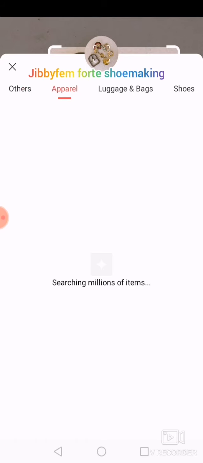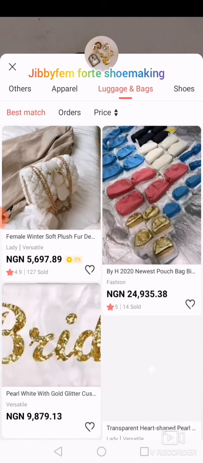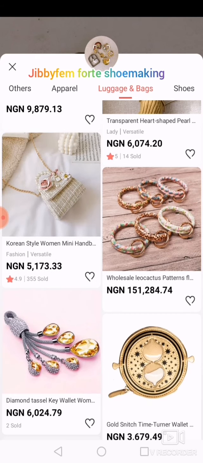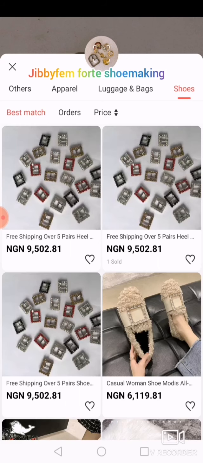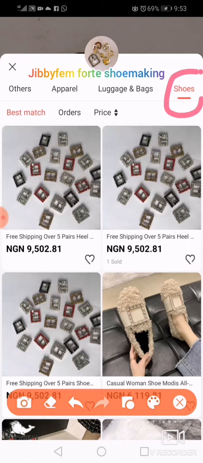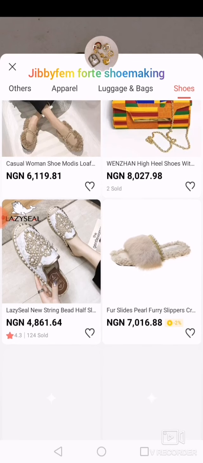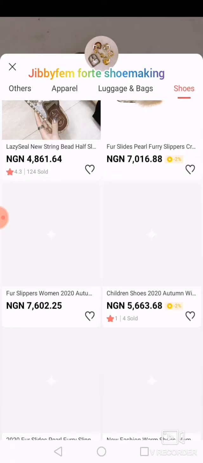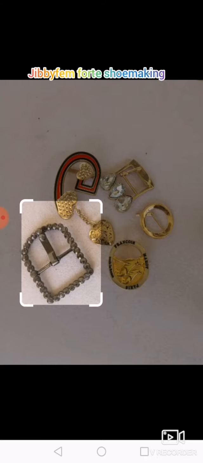You can check under apparel just to see what looks like that. You can check under luggages and bag until you are able to locate what you need exactly. So even if it was on shoes, you can see now that when I click shoe, when I was able to pick that shoe icon up here, I'm sure you can see this shoe icon here. By the time I click it, that is the only side that brought out buckles for me. So it means when you want to search, I will suggest that even if you don't know the name, if you can go ahead and get a picture of what you need, you should be able to source for that kind of a material on